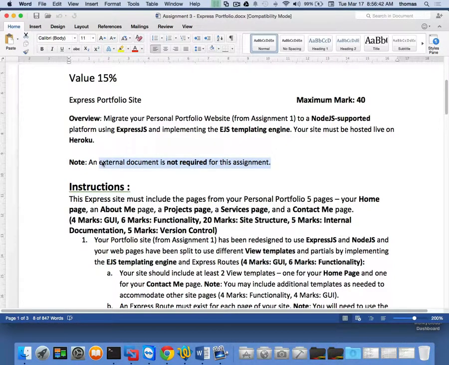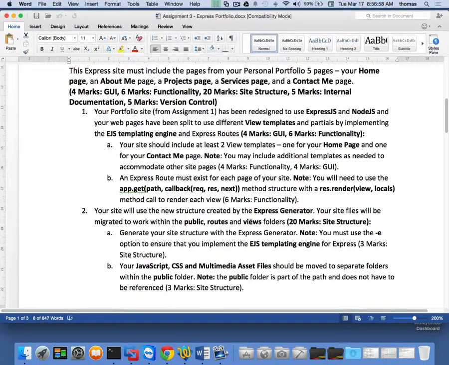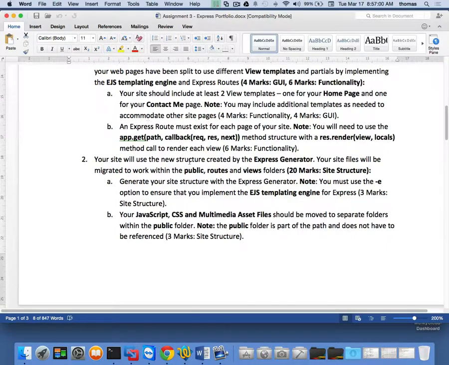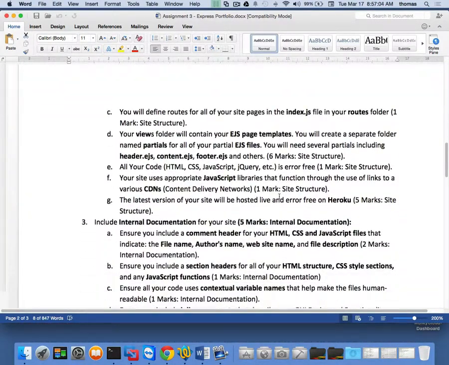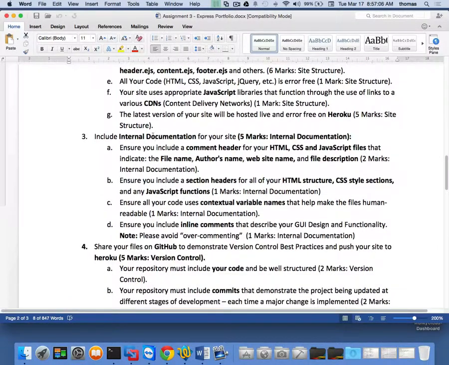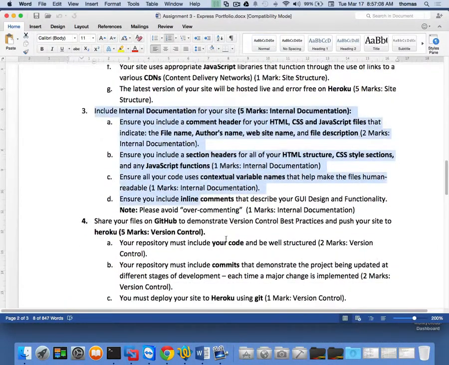And it makes sense because you're not changing what it's going to look like. You're just refactoring it, if you will, into a Node application. That's all you're doing. So you're taking your existing content for your portfolio site and spinning it so that it works with Node and EJS. So you should be able to do that. And I tell you step by step how to take care of that by using the Express generator and so on. The only thing that you need is internal documentation for commenting, and you need to share your stuff on